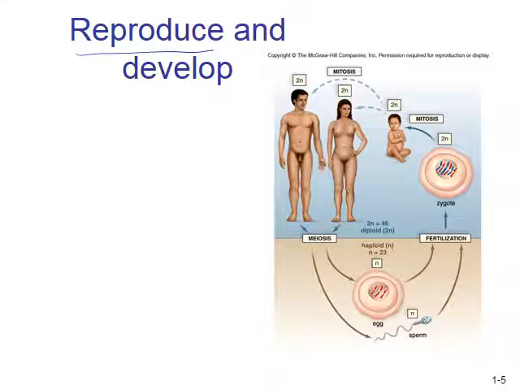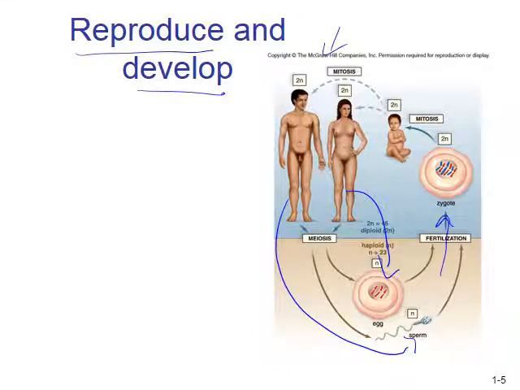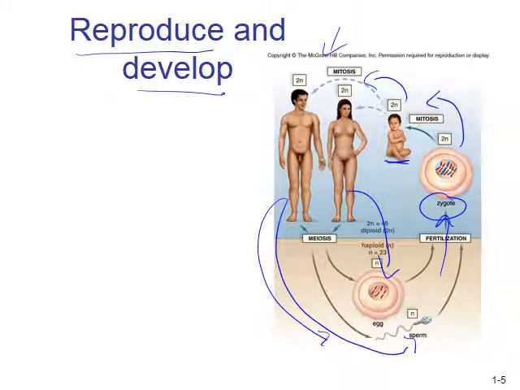To be living, you also have to be able to reproduce and develop. So this is another McGraw-Hill image. It's not in your textbook, but I think it does a good job of showing that females create eggs, males create sperm. Those combine together to form a fertilized egg, and then eventually we grow that one cell up into a fetus, and then eventually it's born and it's a child, and then we have to be able to grow into our adult form. And then once we're at our adult form, then we can continue the reproduction process.